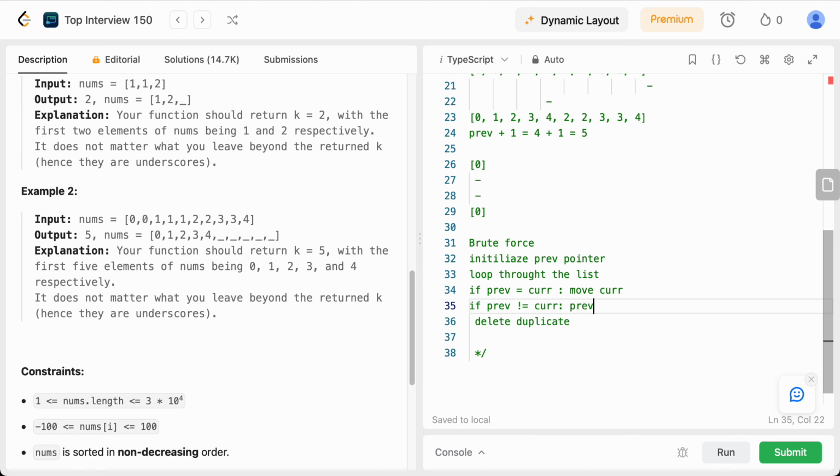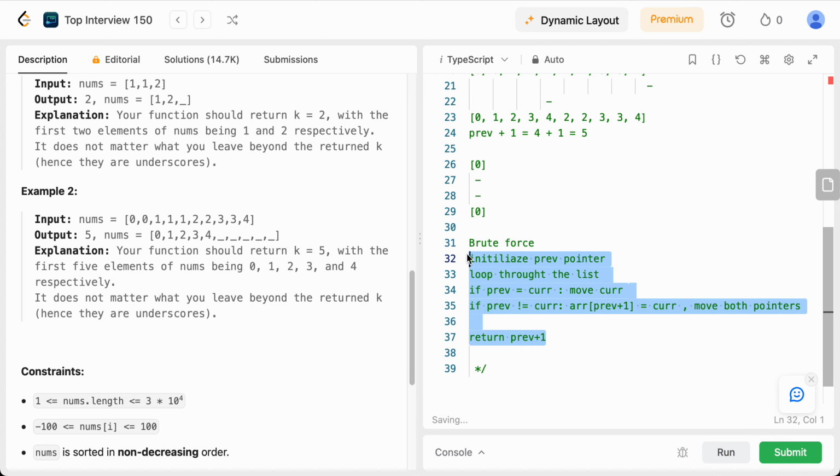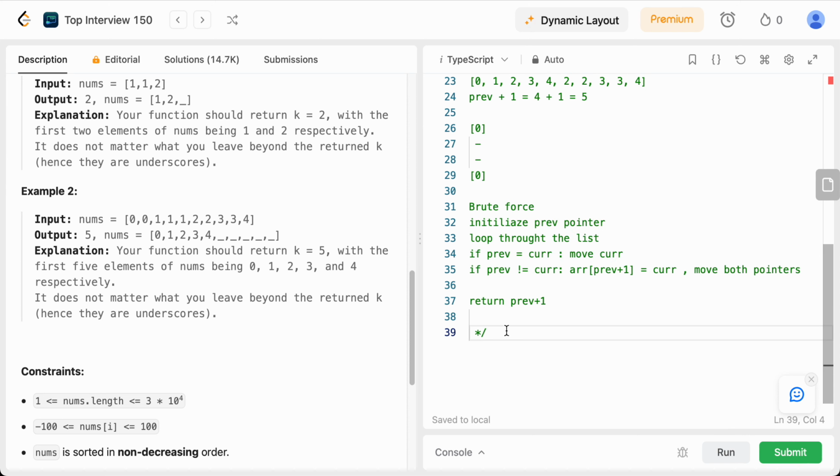We say prev plus 1, it's actually array, prev plus 1 item would be current, and move both pointers. We move both of the pointers. That's what we did. So at the end we return previous plus 1. That should work. That's actually my code,